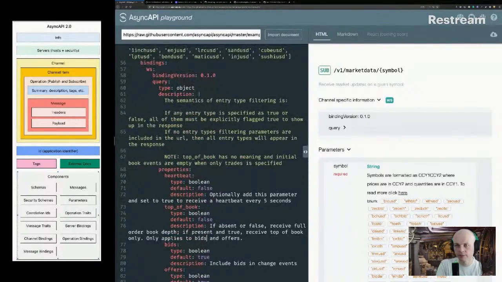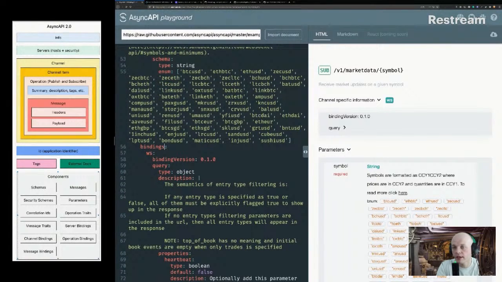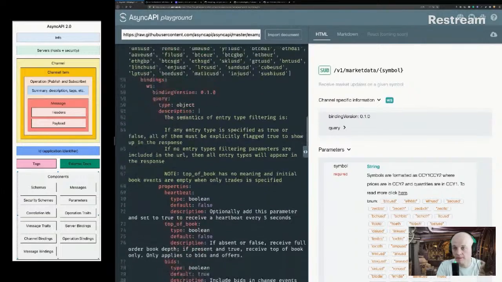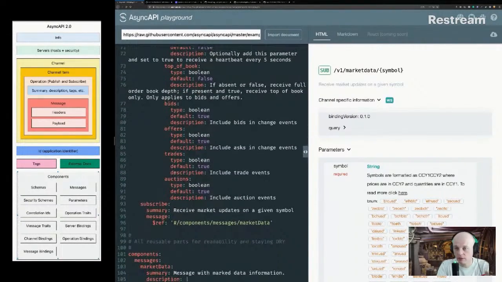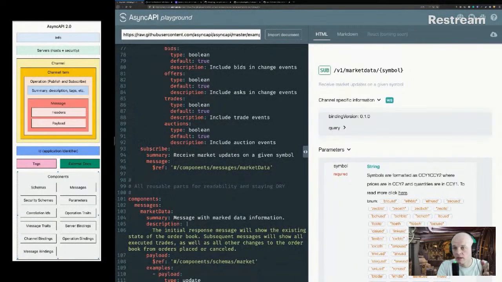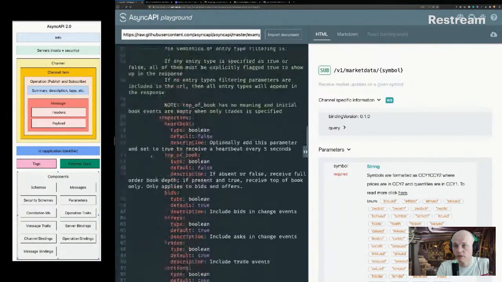What else super cool to notice here? So we have these parameters that we can have in the path to the channel. We have protocol specific information here about WebSocket. So we know what query parameters we can use when connecting. And we know that as a client, we can only receive